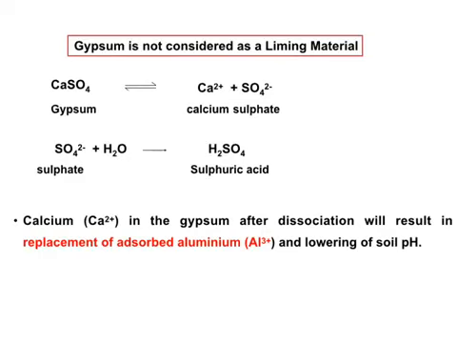In this lecture we are talking only about lime material. Why do we not choose gypsum material? Because gypsum is a chemical material. If you apply it in the soil, it divides into calcium and sulfate. This sulfate reacts with water and forms sulfuric acid. Sulfuric acid is an acid, so it lowers the soil pH. Another thing is that calcium ions also change the soil pH, because calcium replaces the aluminum in the soil and removes the aluminum from the soil. More aluminum means the soil becomes more acidic. So we cannot apply gypsum materials for acid soil management.